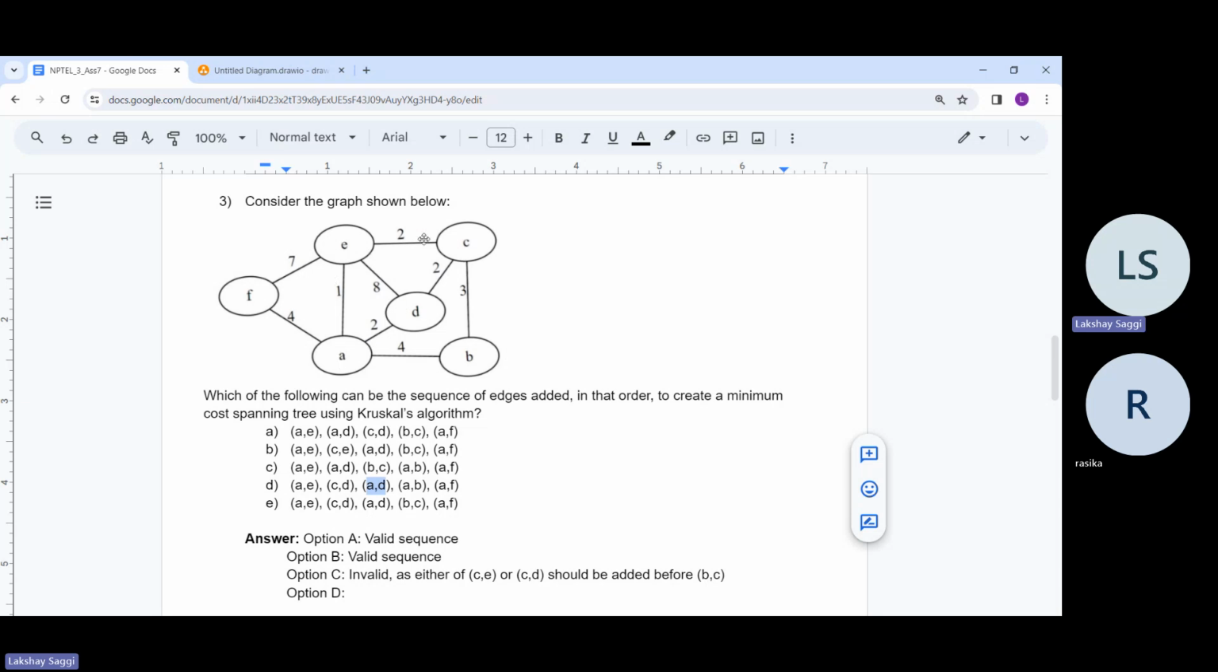So this AEDC is a component which is formed right now, and after forming this component, the minimum cost edge, again like in previous options, will be this edge B comma C, as it has a weight of 3. The other edges have a weight of 4, 4, and 7. So we should add the edge B comma C after this. But here in this option, they add the edge A comma B, which is incorrect as it has a weight of 4. So option D is invalid,